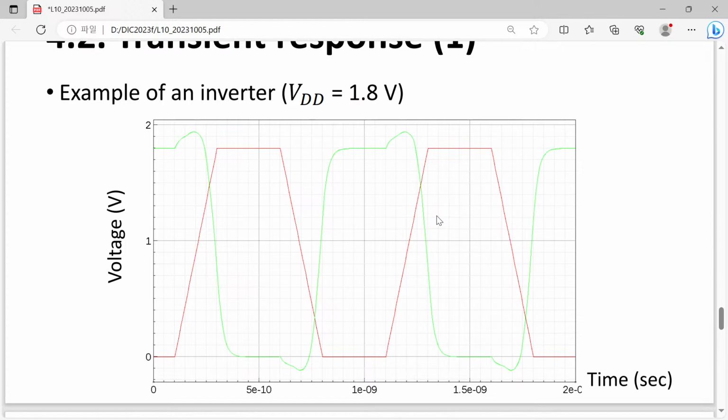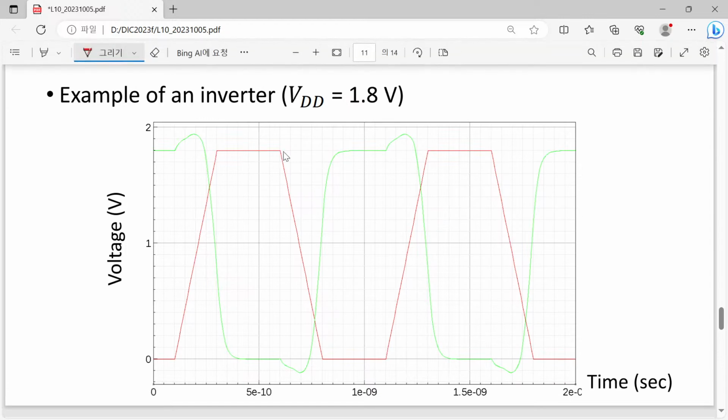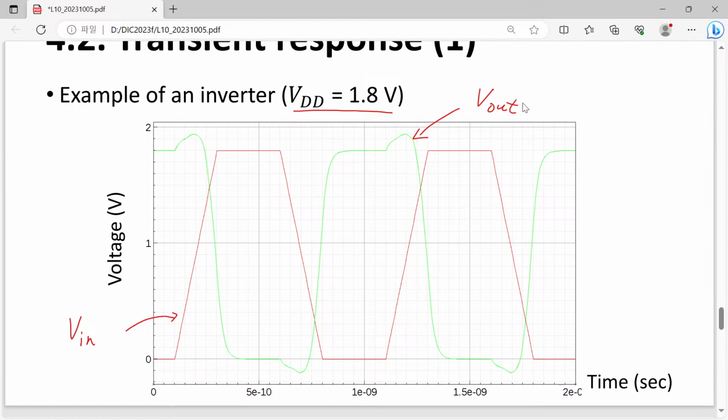So, this is my simulation result. Here we have VDD equal to 1.8, and I just introduced a simple CMOS inverter. You know that this red line is the idealized input voltage, and this green line is the simulated output result. Of course, the input voltage cannot be perfectly piecewise linear in this case, so we have something a little bit idealized. But anyway, please try to find out